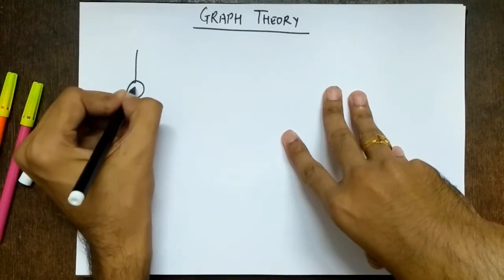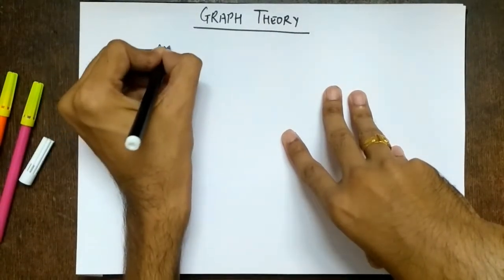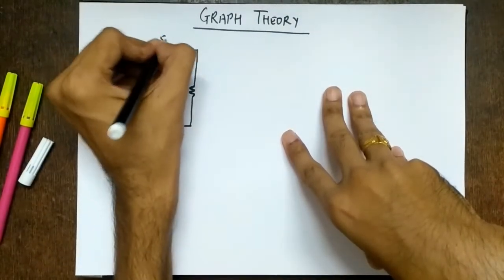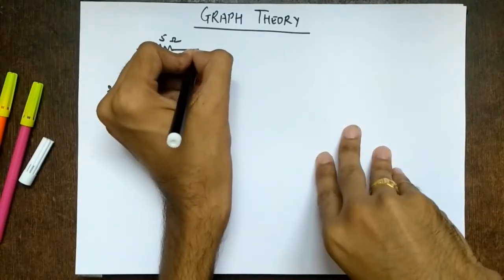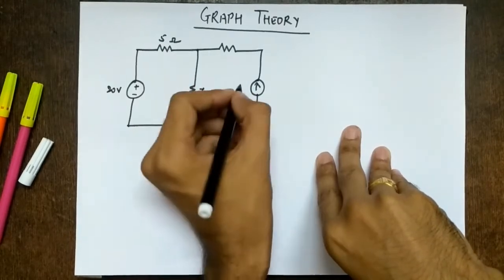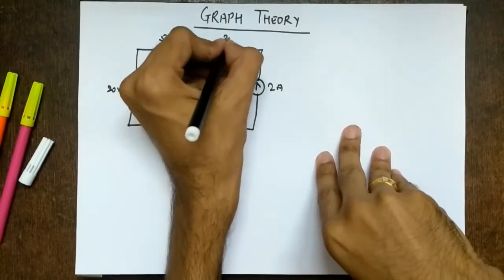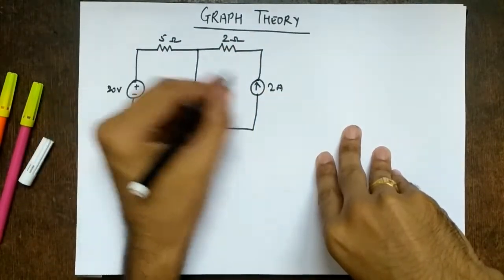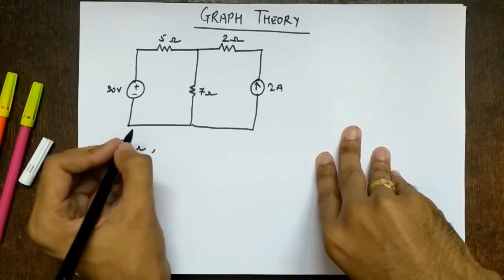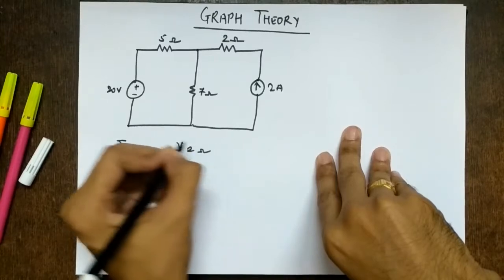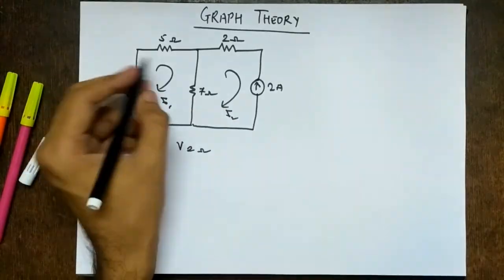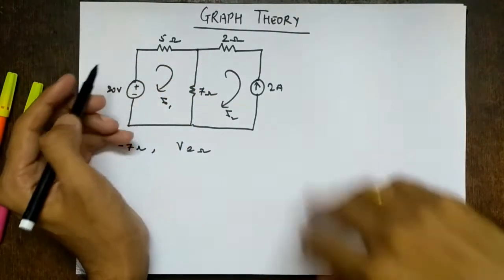So if I take a very simple and crude example, we had a voltage source, let's say of 20 volts. We had a 5 ohm resistor and a 7 ohm resistor. We have, let's say, a current source here, right? So this was 2 amperes and this was 2 ohms. So what would we be doing? If this network was given, the question was something like find the current through the 7 ohms, then the voltage across the 2 ohms. So if we find the currents I1 and I2, the network was completely defined and we can find any value which is required, right?